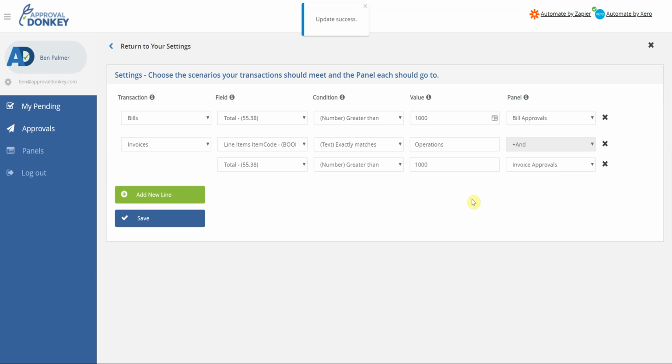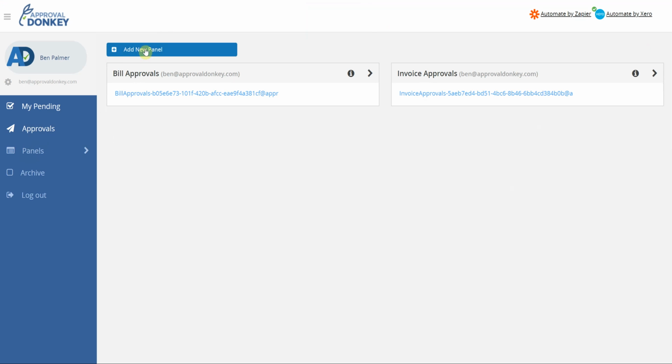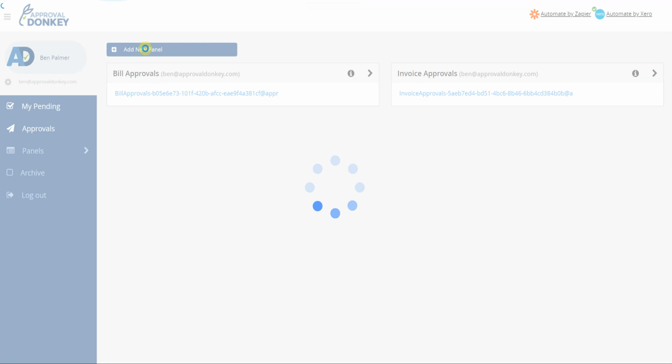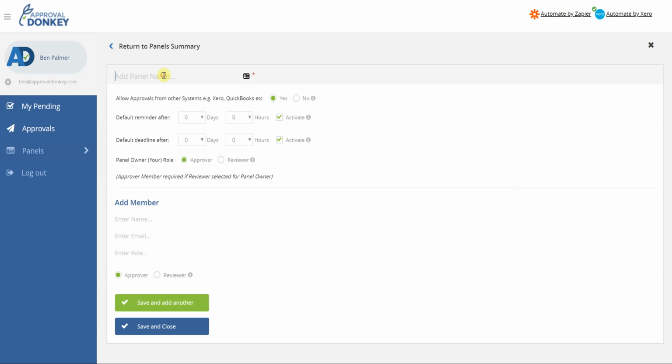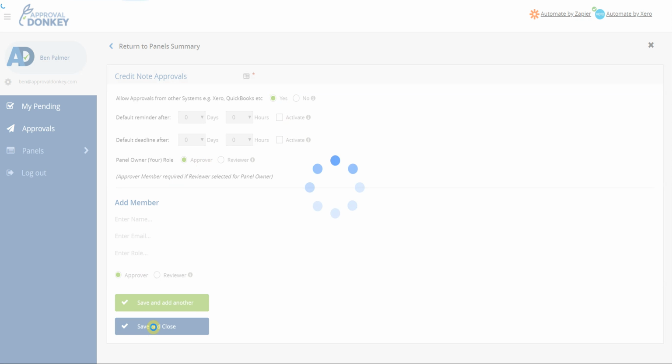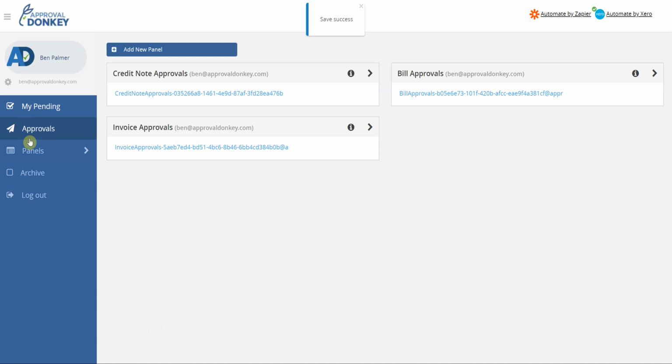At this stage you might not have all your panels set up. As long as we've saved that, we can go to our panels and set up a new one, let's say for credit notes. Credit note approvals. We want to keep that set to yes. We're not going to have a reminder, so deactivate that, and we'll just have ourselves as the approver. So credit note approvals, and once that is set up,